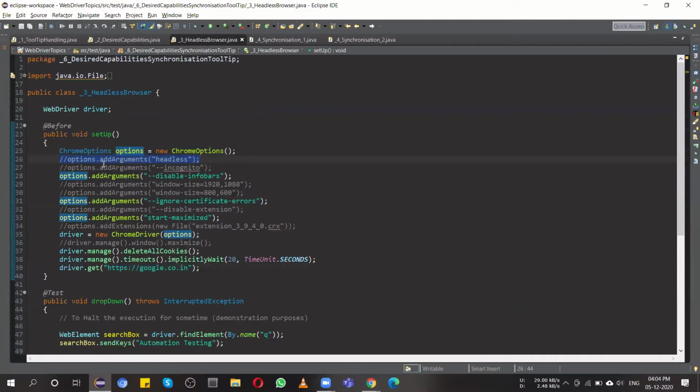One is headless. Headless means, if you are in a situation where you do not have the infrastructure in your company, or you have to execute your automation suite having 10, 15 or 20 test cases, and simultaneously you have to work on that particular system to write or edit the script, to create some new automation scenario or do some other work.